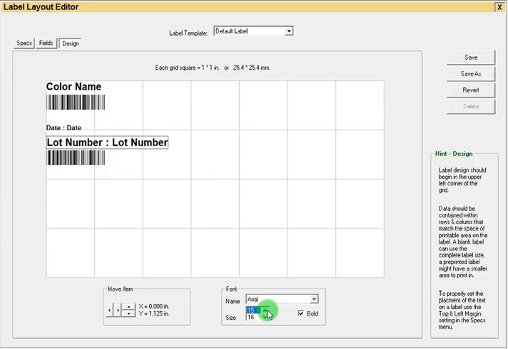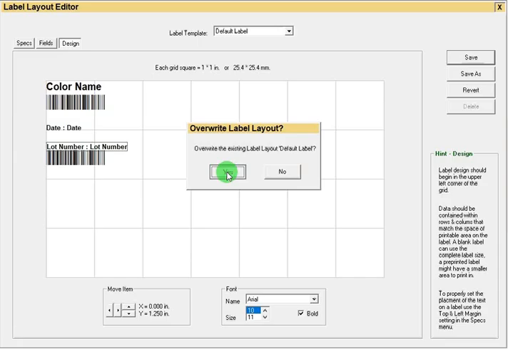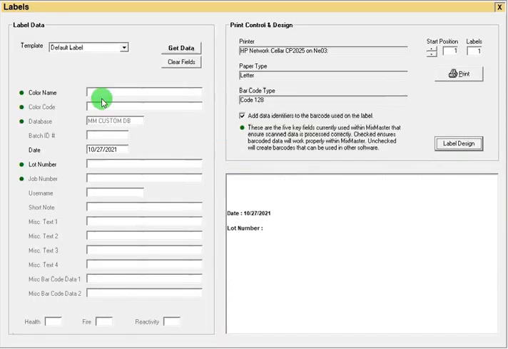The lot number, I am going to shrink that down a little bit because I don't think I need to emphasize it as much as color name. Matter of fact, I'll even bring it down to 10. And what I will do is place that right there. Matter of fact, I'll fine tune it just like that. So this is the third component being brought to my label. And what I will do is press the save button, overwrite the existing design,